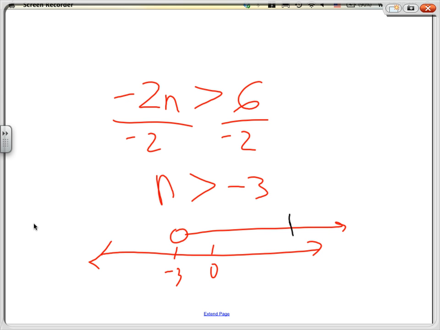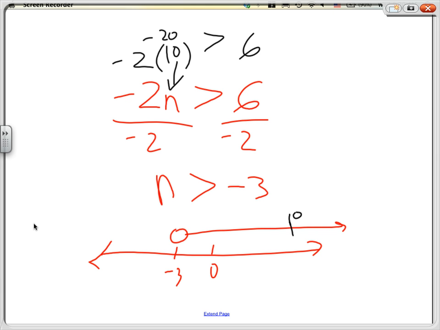Okay, watch what happened. If I pick 10 and plug it right back into n and multiply by -2, I will get -20. But watch what happened. Is -20 actually bigger than 6? No. What is going on? How could we get it wrong? How could it be like that? Well, as it turned out,